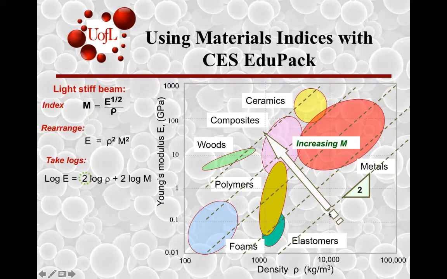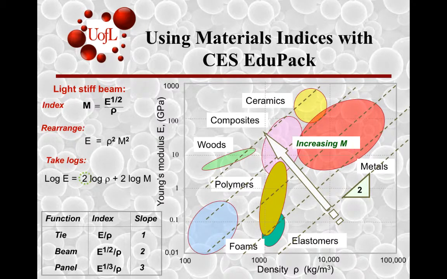And if you keep increasing capital M, the material index, you will be able to choose materials that comply with that constraint. Depending upon the overall geometry, whether it's a tie rod, a beam, or a panel, the slope